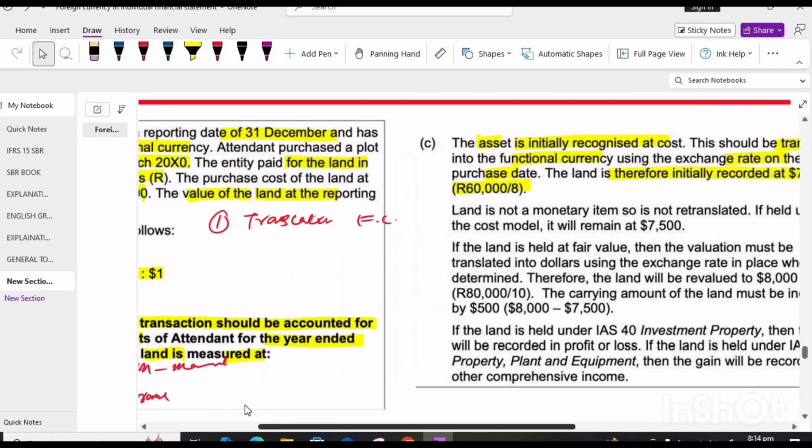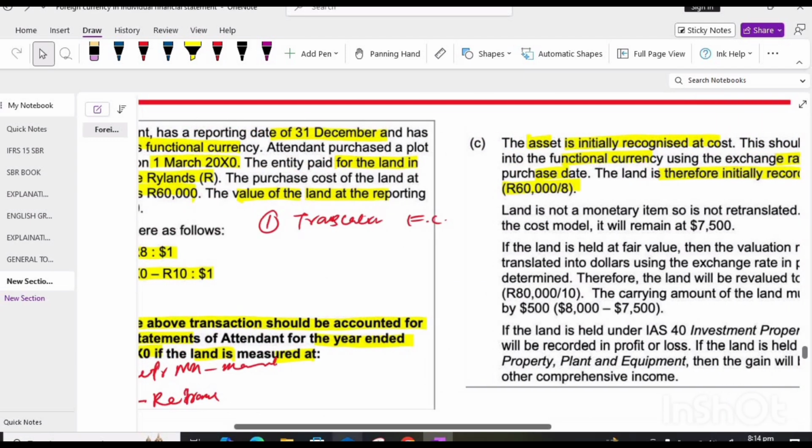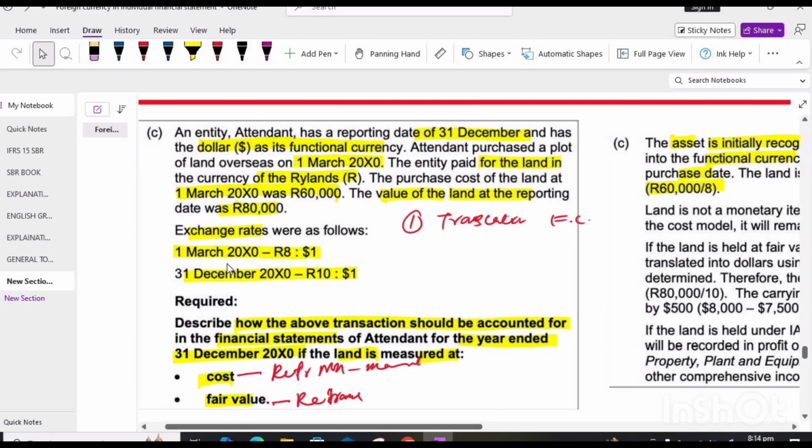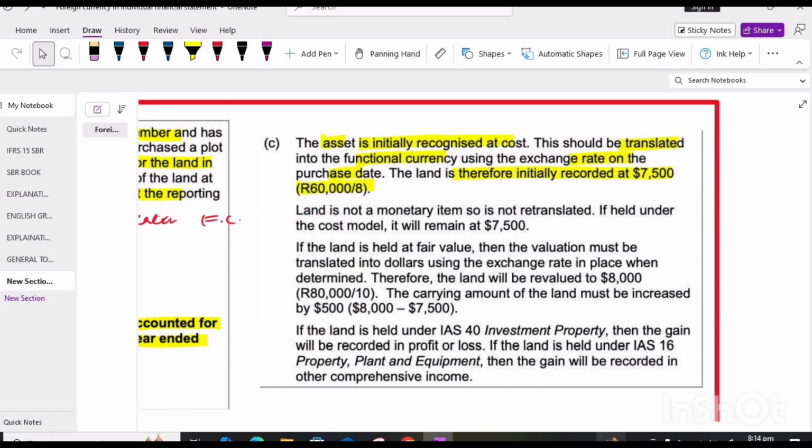If you want to see the relationship here, you see this is the 8. On 1st March 2008 is the exchange rate. Okay, so the land is a non-monetary item,